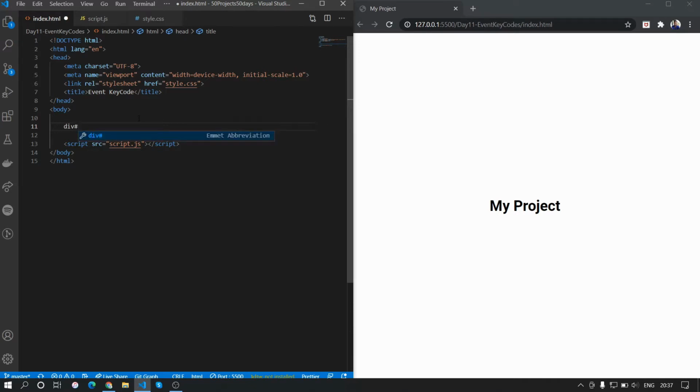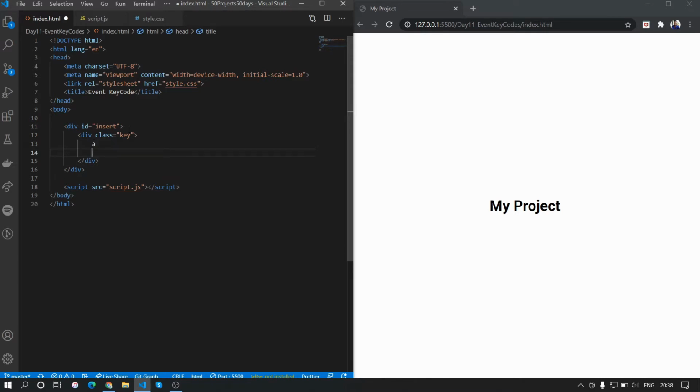So we'll first need a div with an ID of insert, and in here we need some divs. So as we saw in the demo, we had a small container that contains all the data. So we are creating that container basically. It will have an ID of key, and in here it will have the data.